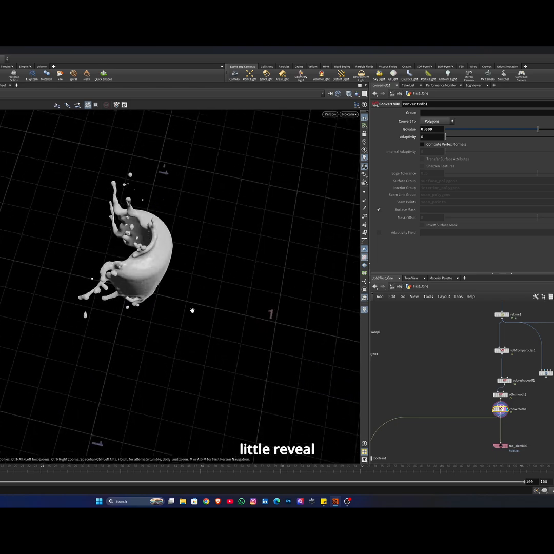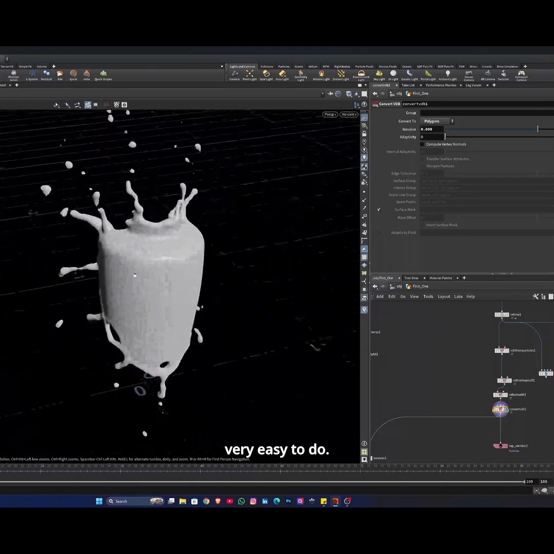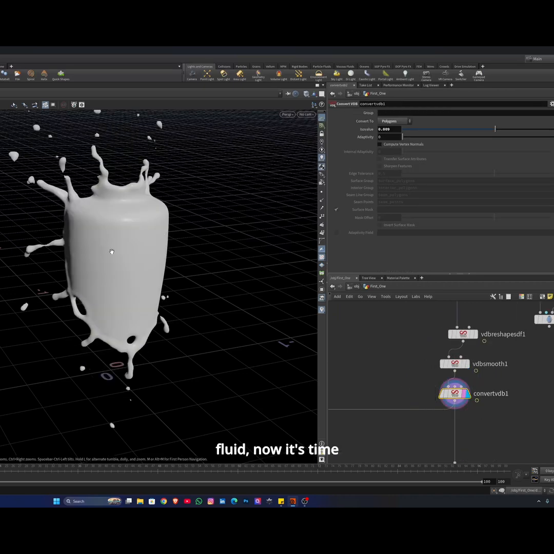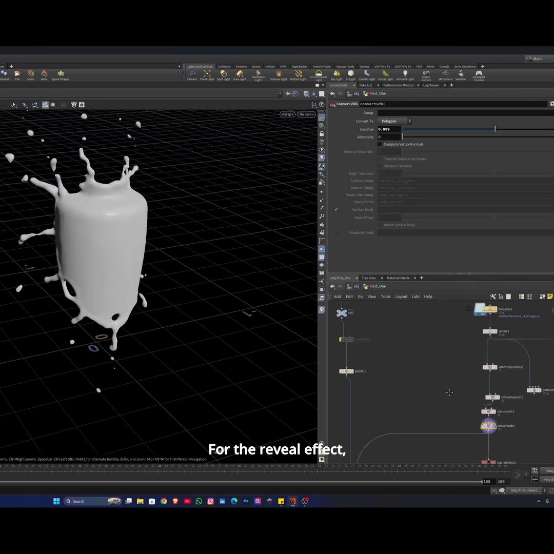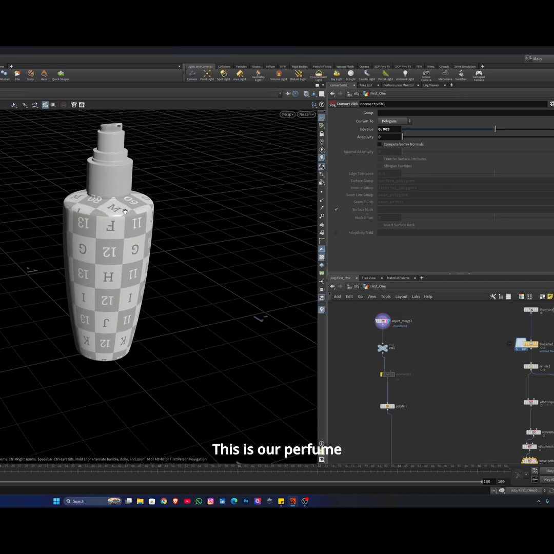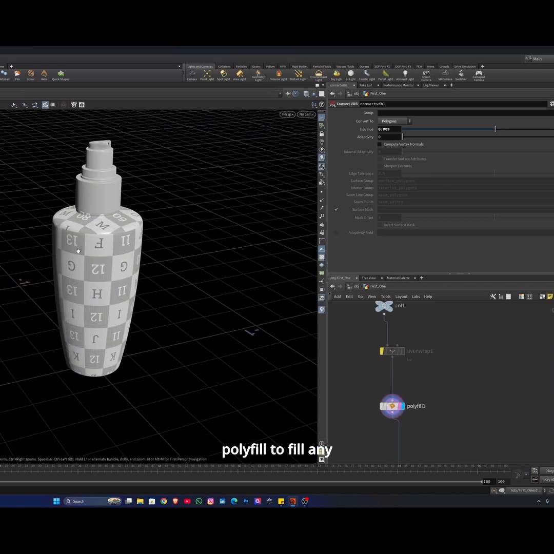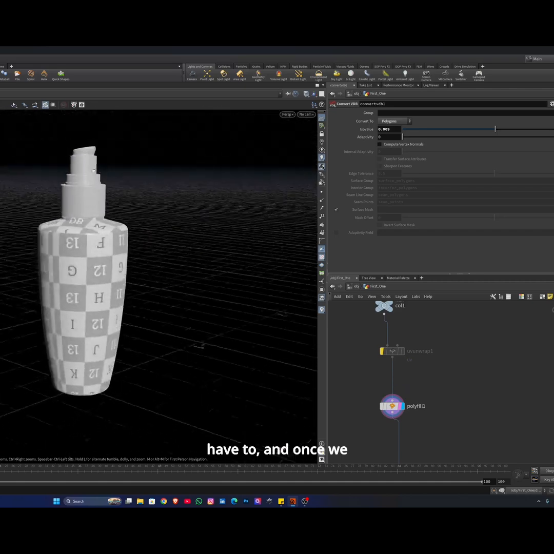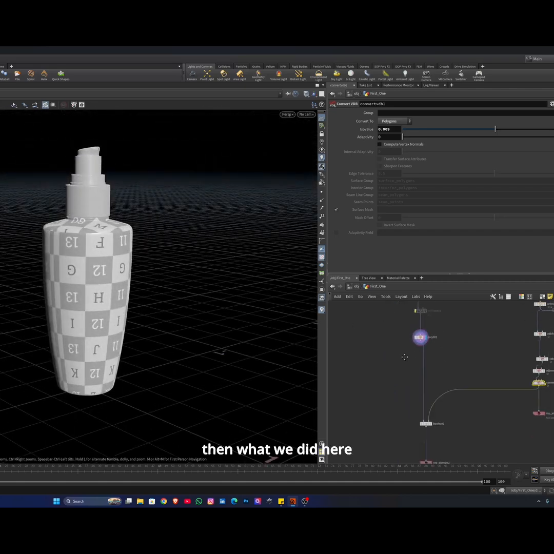Now it's time to create the logo reveal effect, which is basically very easy to do. Once we're happy with all the fluid and meshing of the fluid, now it's time to create the reveal effect. For the reveal effect, we're going to use our perfume bottle here. This is our perfume model. Then what we did here is we added a polyfill to fill any holes that are remaining. And once we were happy with this UV thing,